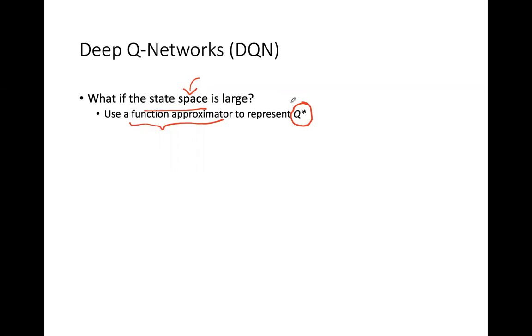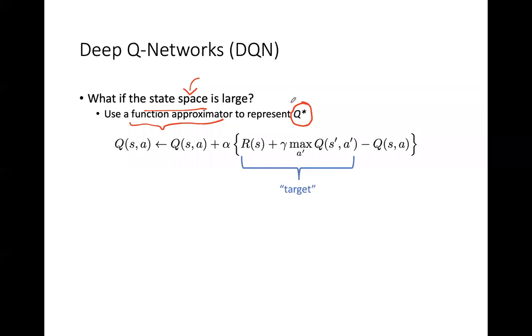So I can't explicitly store the value of this function at every point I care about. Instead, I will store some smoothed representation of that table using a linear regressor or a support vector regressor or a decision tree or a neural network, right? Anything that's capable of doing regression. So we'll still do Q-learning, but we'll also fold in some supervised learning. And essentially that's going to involve taking this Q update equation and treating this new sample estimate of the Q value as though it were the target for